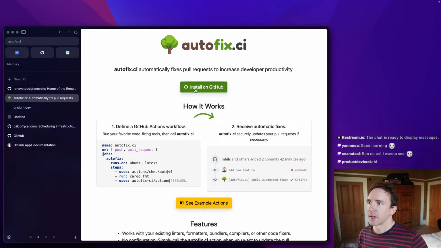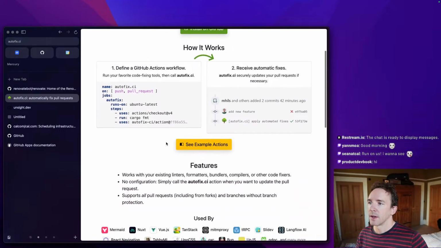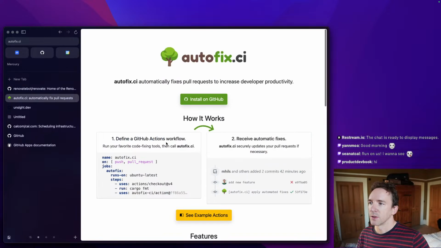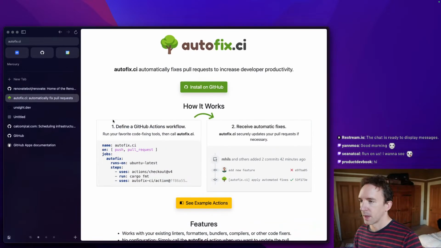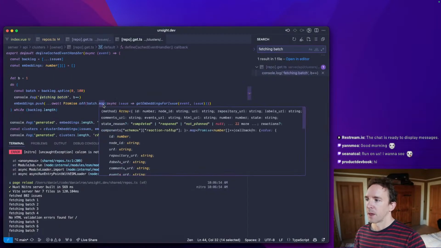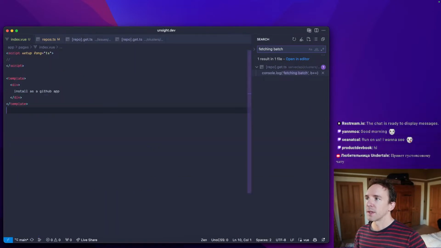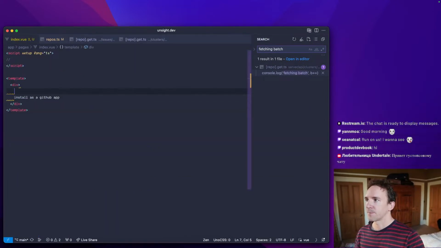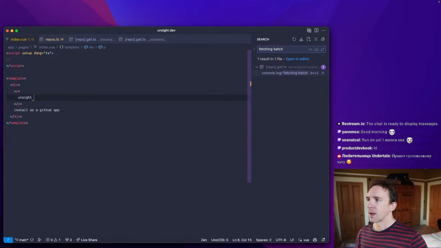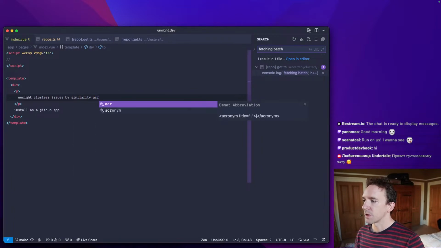So it needs to have like a little install on GitHub button, and maybe some more details once we have a little bit more info. So we want to say what it does. Yeah, more batches being fetched. So on our index page, we want to say something like onsite. Is this an H2? No, it's probably a paragraph, right? Onsite clusters issues by similarity across